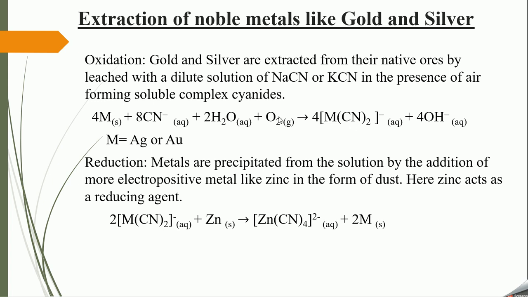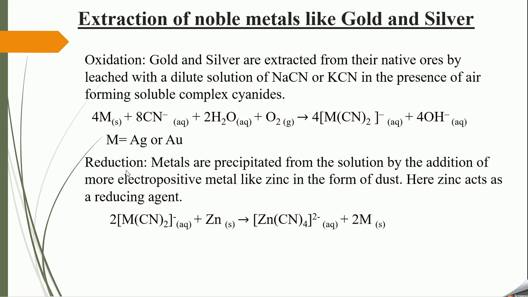If we check the oxidation number of the metal on the LHS, it is 0, because it is in the free state. On the RHS, the oxidation number of the metal is +1. How to determine oxidation number? I already explained in the first session. The oxidation number of the metal in metal cyanide is +1. From 0 to +1, there is an increase in oxidation number, hence the reaction is oxidation.